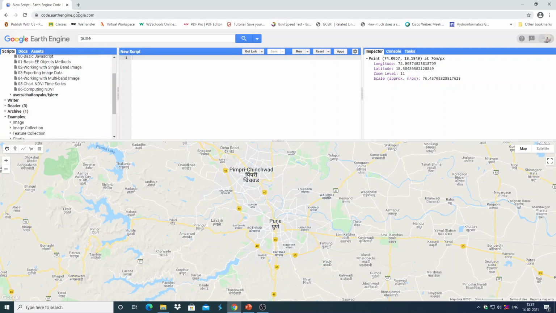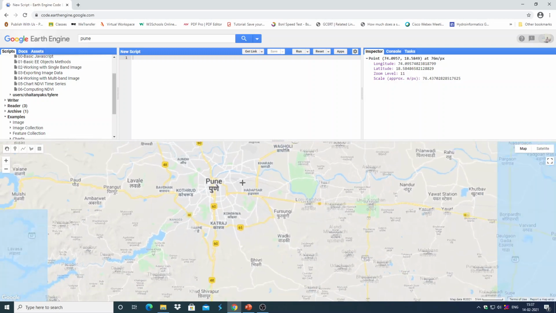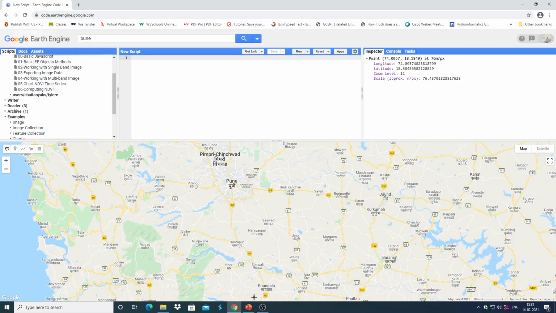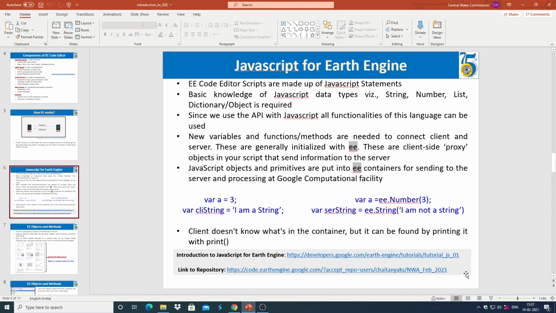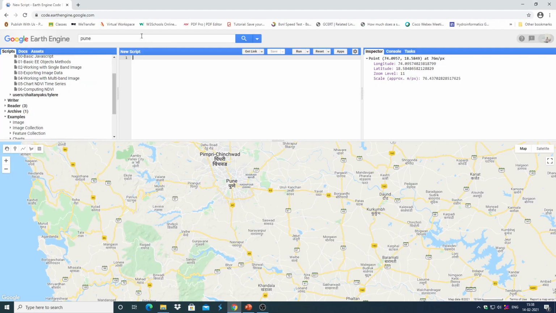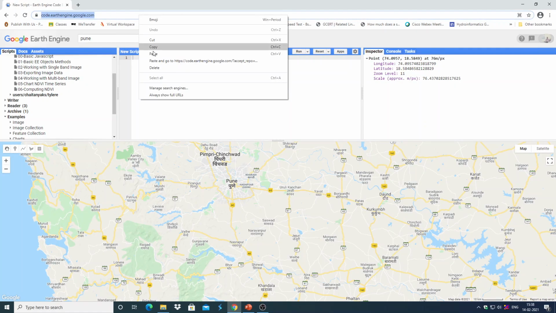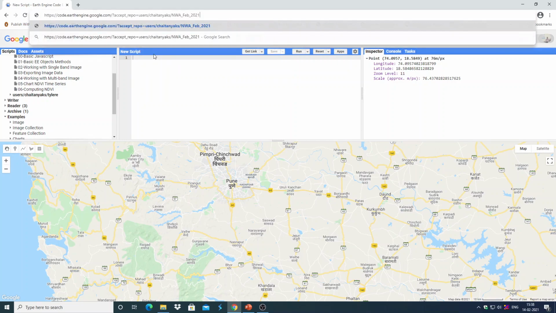You have to run that URL. Once again, I can paste the URL if you need. You have to just paste it and run it, and then it will get reflected in your reader folder.